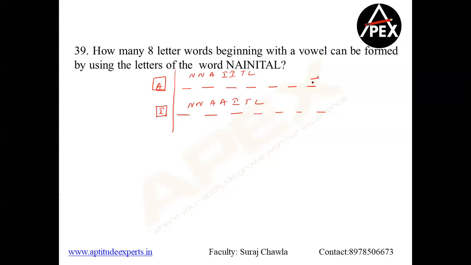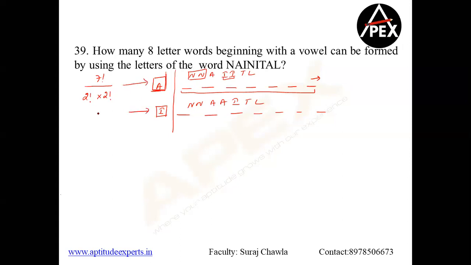So in all these places, what are we looking at? 7 things in 7 places. For the first case, I'll have 7 factorial. Now see how many of them are repeating. Only two N's are repeating and two I's are repeating, because I am arranging only this part. I'm not arranging A anymore, so you will not count A as 2 times; you keep A separate. I'm arranging only 7 letters, out of which 2 N's are similar and 2 I's are similar. So these will be the number of cases starting with A.